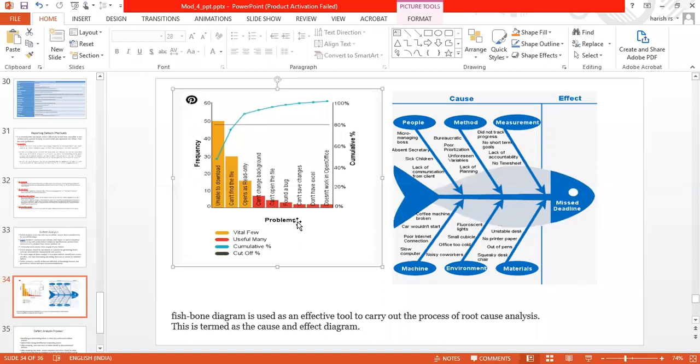Then machine: which machine gave us the cause, for example, the coffee machine is broken. Lack of communication if it's from the people side. Methodologies: planning was not done properly. Measurements: the objectives and goals were not listed properly.